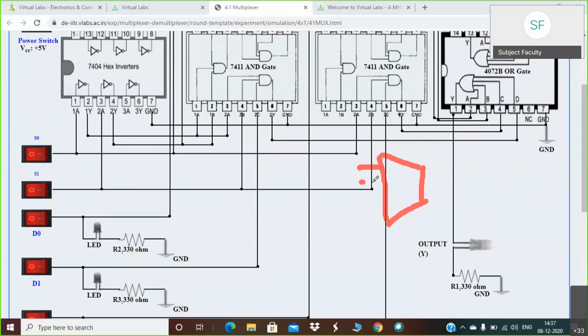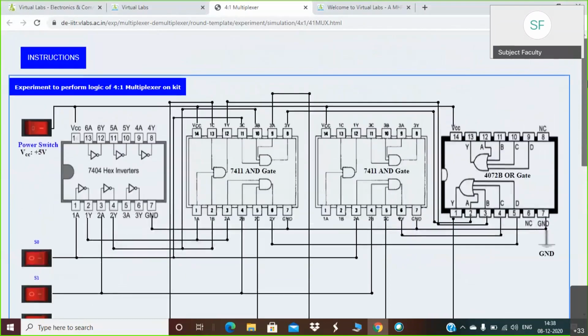Since it is 4:1, it will have 4 inputs and 1 output and 2 select lines. We will just assume that these ICs are included in this block. So just focus on these 4 input lines, 2 select lines and 1 output line. We are interested in only these 7 pins.